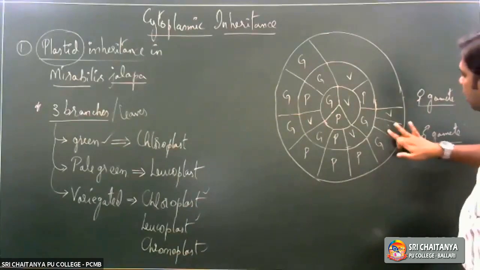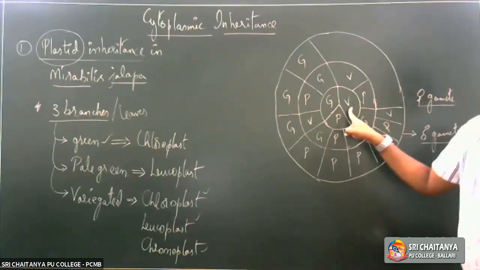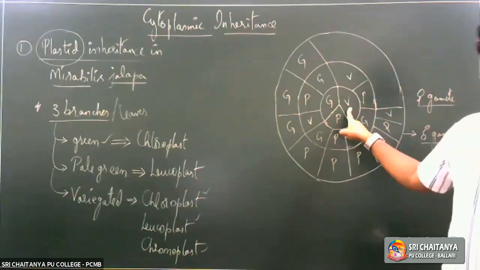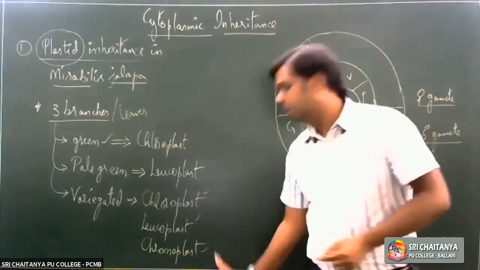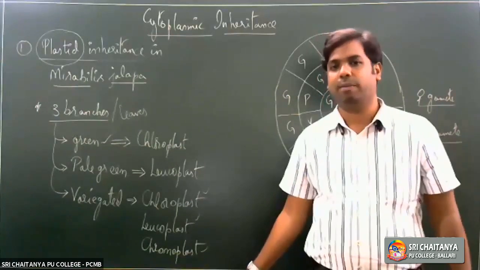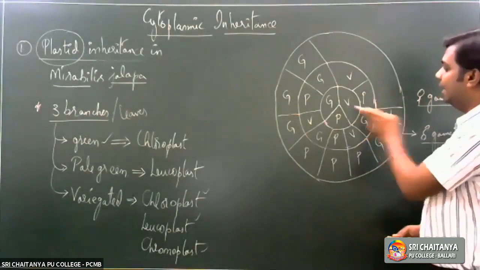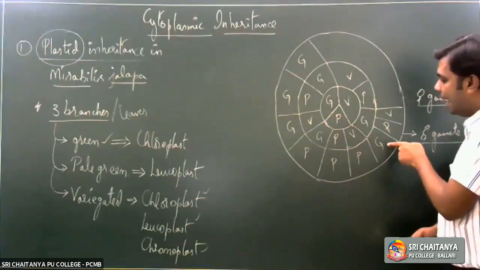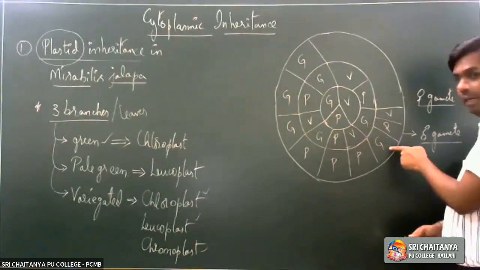Whenever we talk about a cross between a male gamete and a variegated female gamete, it could be any of the male gametes, but when it is crossed with a variegated female gamete, since variegated females have all three different types of plastids in their cytoplasm, there are possibilities that all three would be inherited together. Now here we are telling that the offspring could be either green or pale green or variegated. So why green here again?